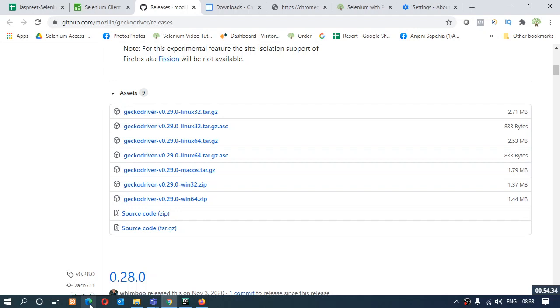Right. So this is Chromium based. So whatsoever you're going to do with Chrome, the same kind of thing is going to happen in Edge as well. Edge is also very particular about the versions. So you need to first look for the version of Edge in your system and then download the driver.